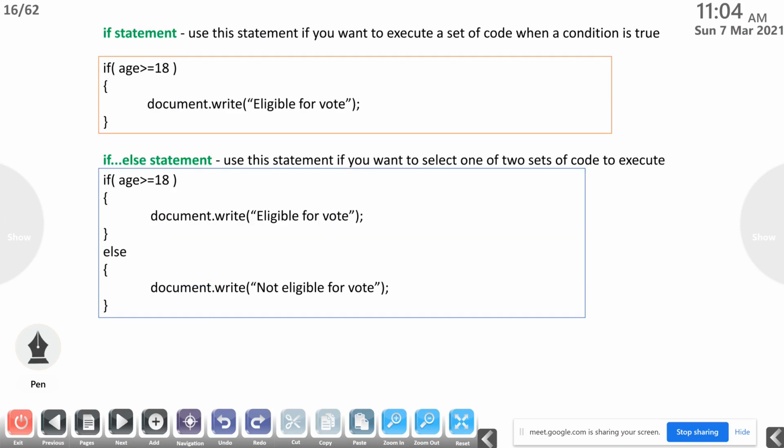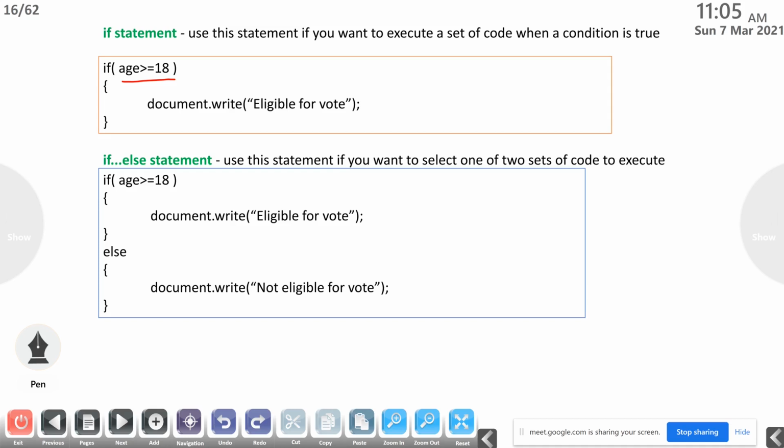First one, if statement. Use this statement if you want to execute a set of code when a condition is true. For example, if age greater than or equal to 18, document.write eligible for vote. By using JavaScript, we want to write something in the browser window, so we use document.write.